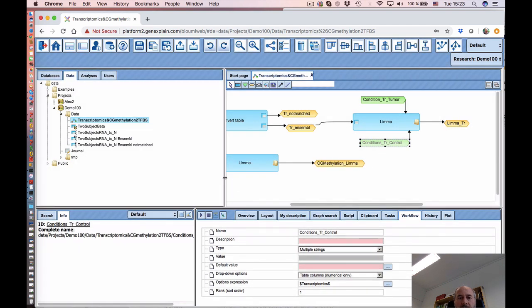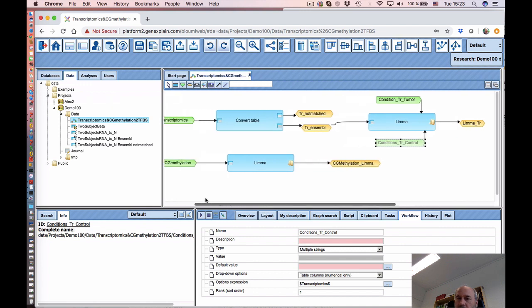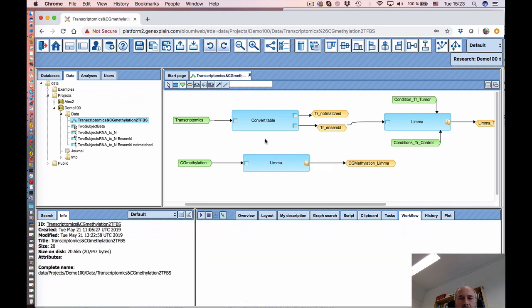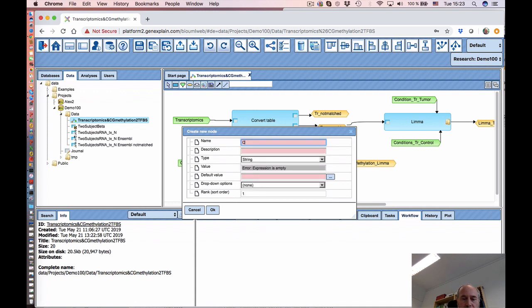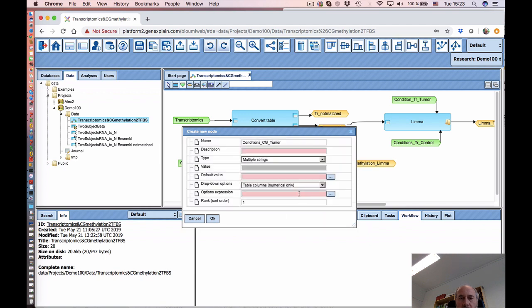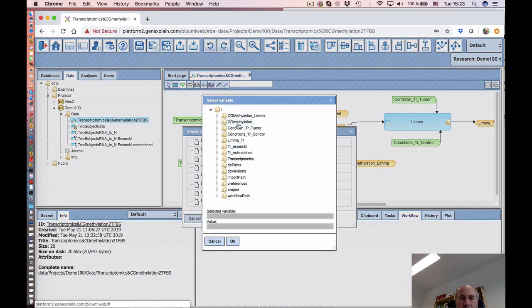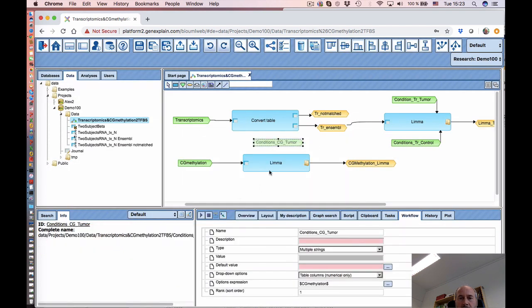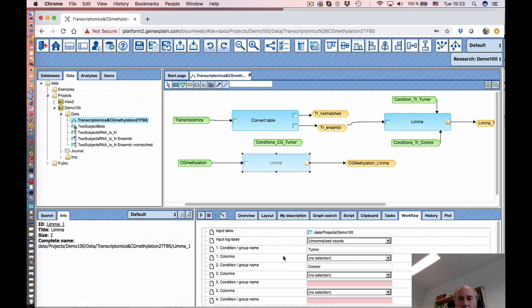Now let's specify Lima for the CG methylation. Same way we will add now different conditions. So let's add conditions CG tumor. This is multiple string taken from the table, and the table now is actually the CG methylation table. Okay, let's connect it again. Tumor